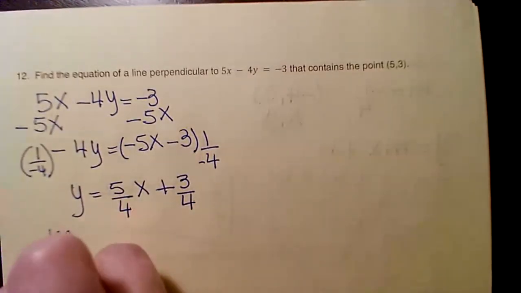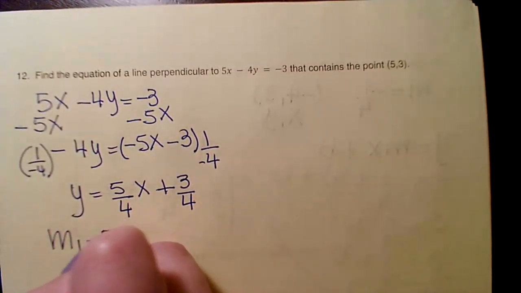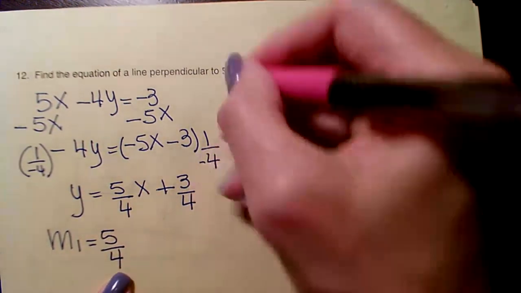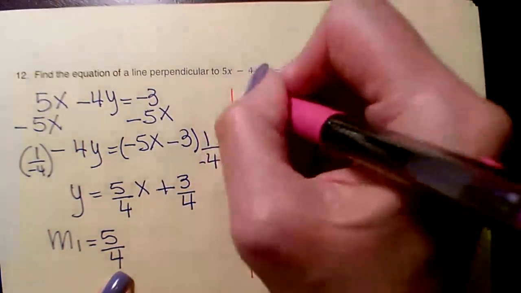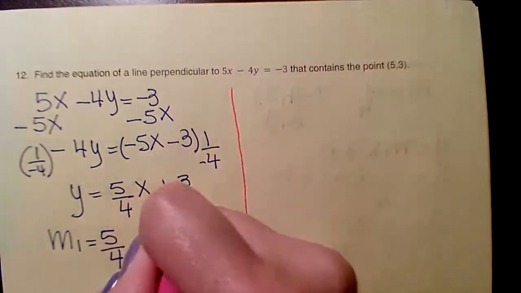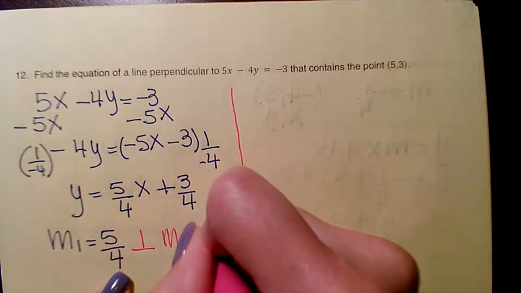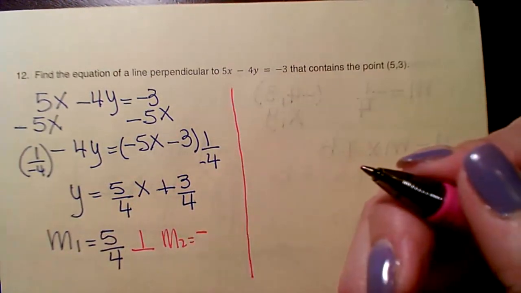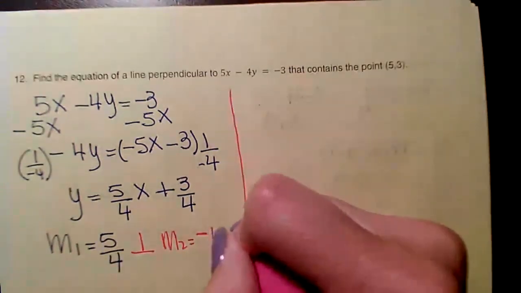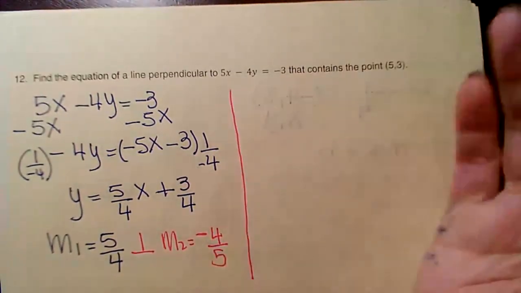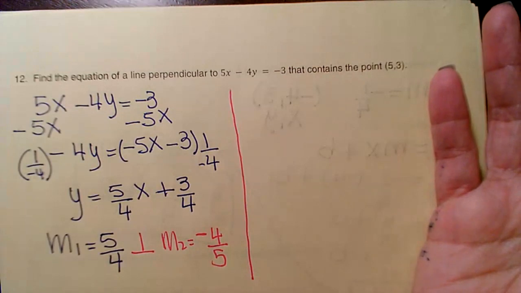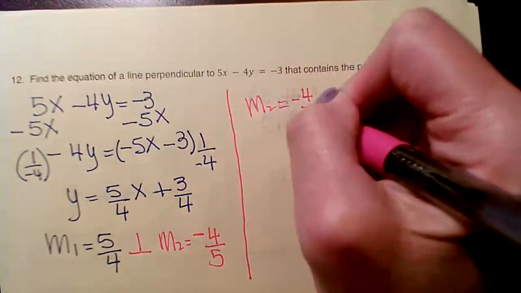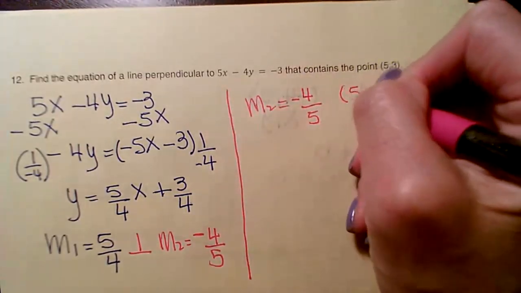All I need from here is the slope, right? The slope is 5 over 4. So what's the slope of this equation over here? The one that is perpendicular. This means perpendicular. So the equation that is perpendicular is going to be what? This is positive. This one is going to be negative and reciprocal. I just flip the numbers. So what I have here to start is my slope, and I have a point that is 5,